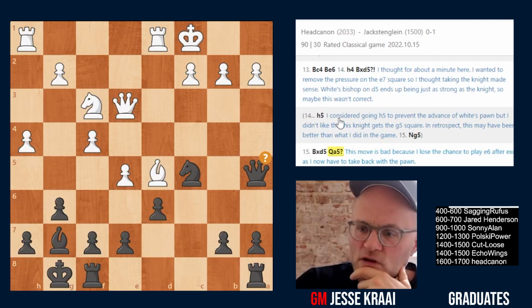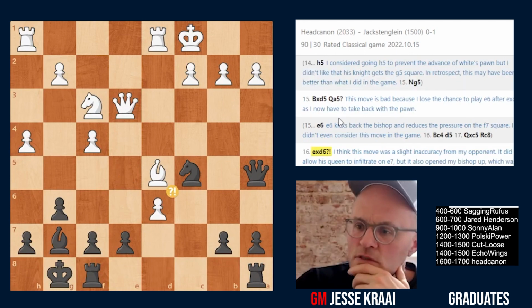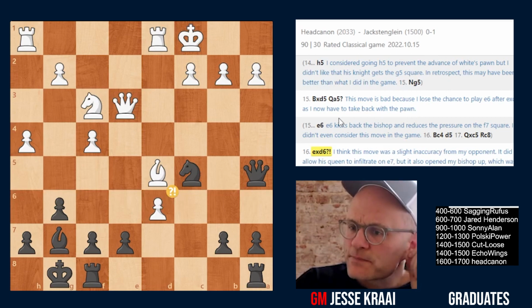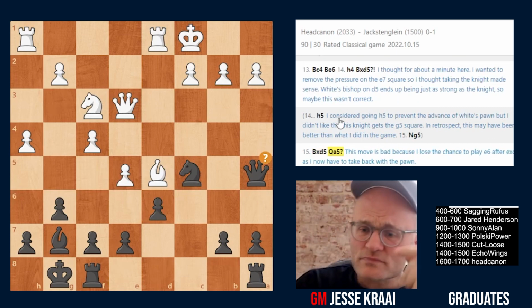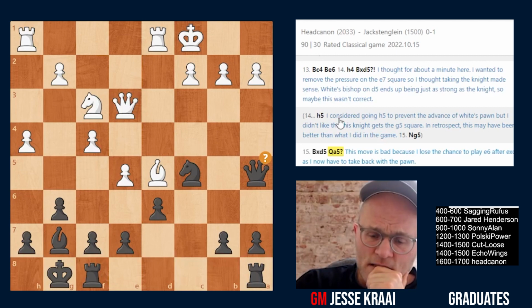Is queen a5 wrong, though? Let's see, let's read what he writes. I think this move was a slight inaccuracy, as it did allow his queen to infiltrate on e7, but it also opened my bishop up. Yep. And right, let's just say from his point of view, he wants to prevent your e6, d5. I get it. So this is where queen a5 I'm not sure is such a bad move, because if h5,